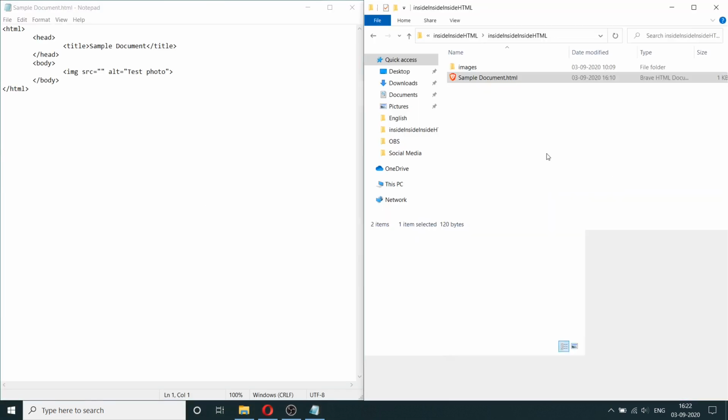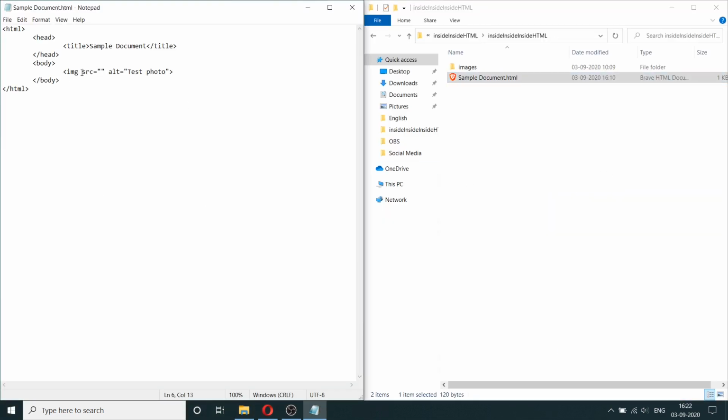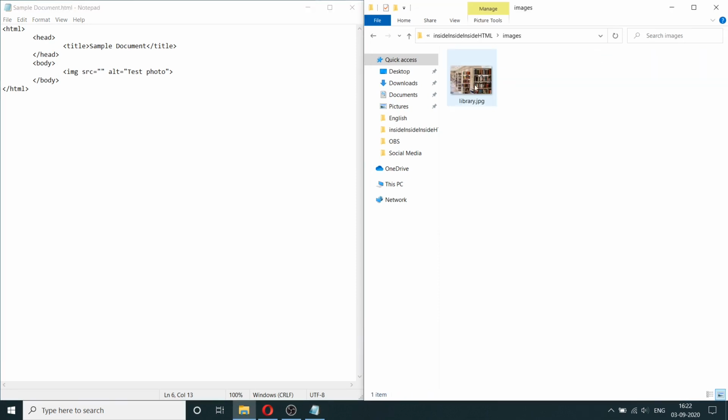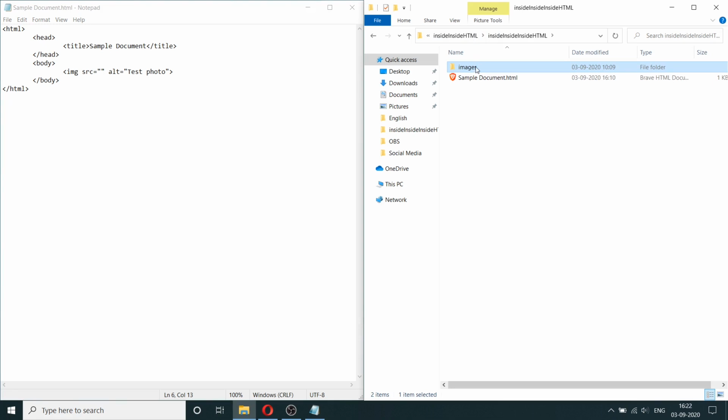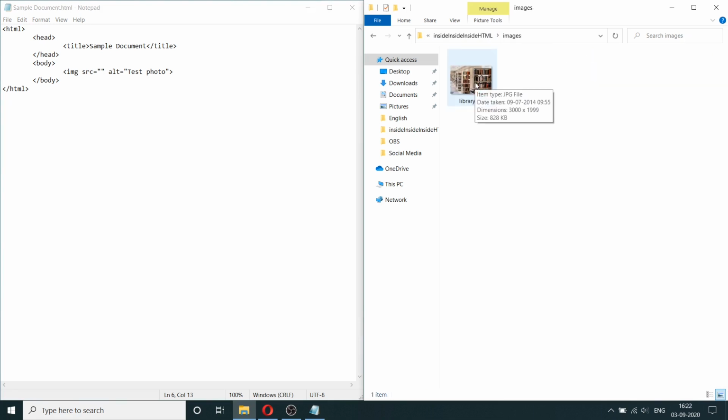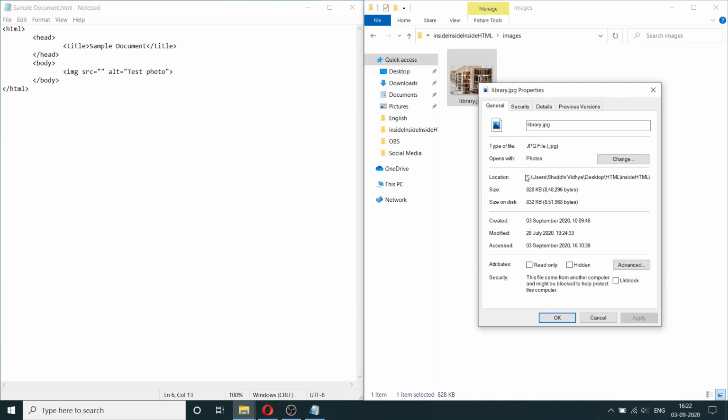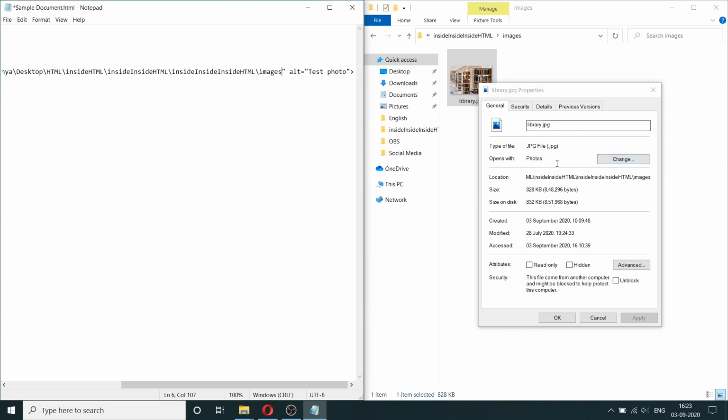So this is the file, and I have an image in the body, and here I want to provide the location of the image file that I want to use here, and that image file is over here right now. So what I can do is right click on this image, and here I can copy this, and then I can paste it here, and this basically gives the location only and not the file name included.